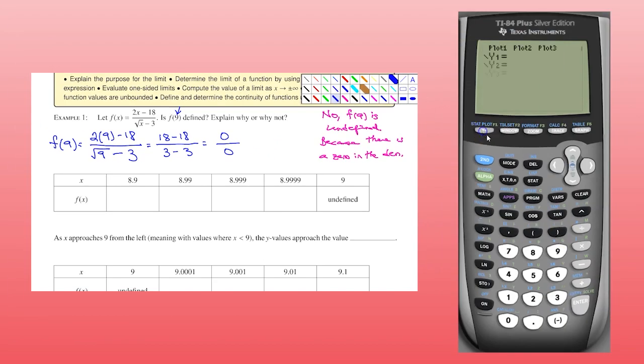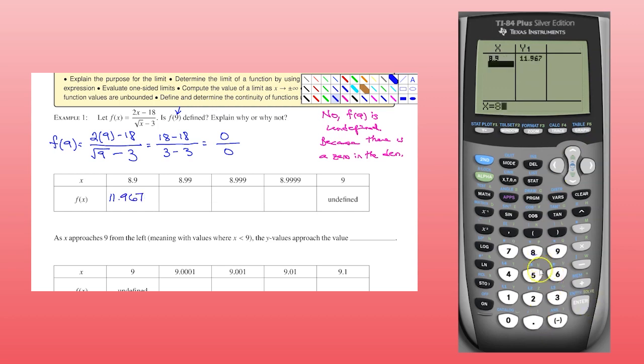And so when you type in that function, and then you go to table, you can change the table setup and change the independent variable to Ask. And when you change it to Ask, that allows you to enter these different x values because there's no pattern where it goes up by 1 or 0.1 or anything like that. So we want to change it to Ask. And then we'll just enter each of these values separately and come up with the y value. And they are